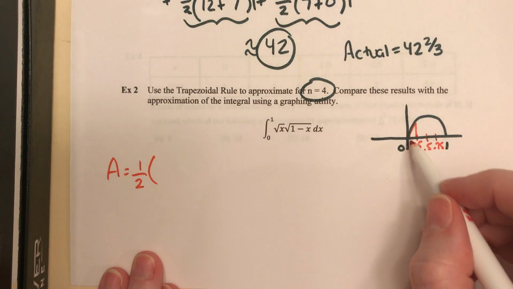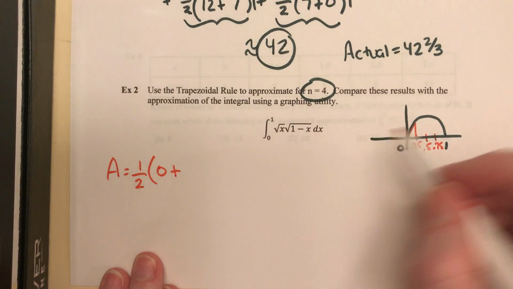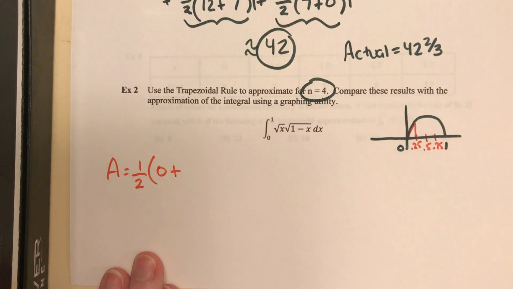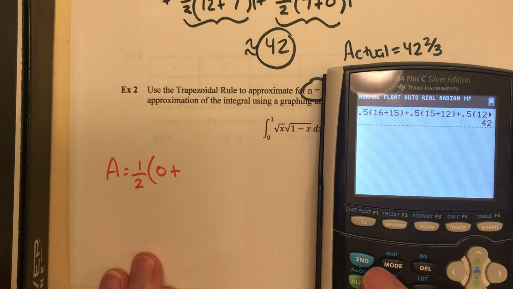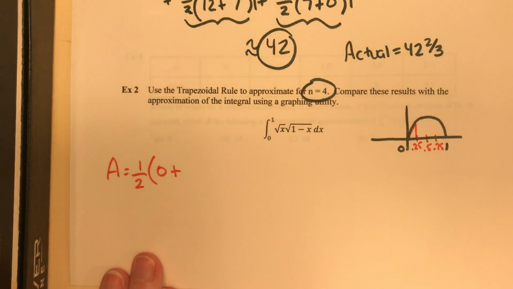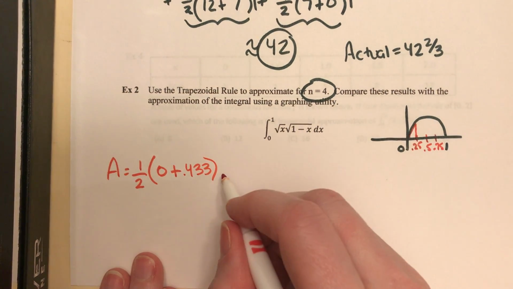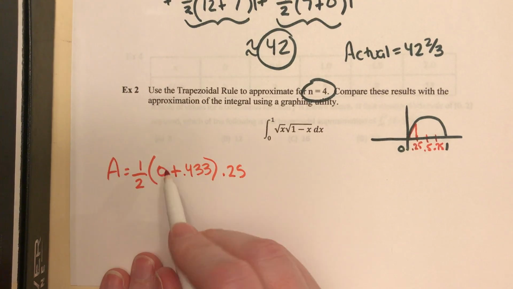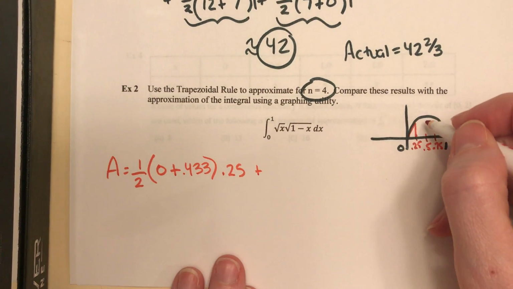1/2. The height at 0, if I plug 0 in, I get 0, plus the height at 0.25. That would give me, I'm going to plug this in my calculator, the square root of 0.25 times the square root of 1 minus 0.25, so 0.75, 0.433. And the distance between is 0.25, so 1/2 base 1 plus base 2 times the height. Second trapezoid,